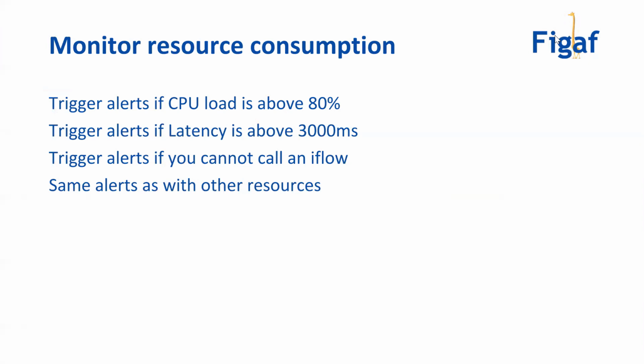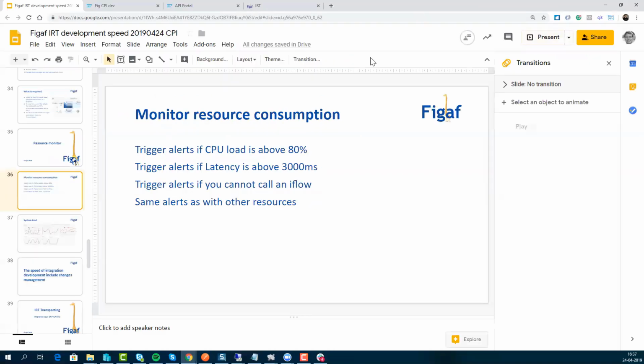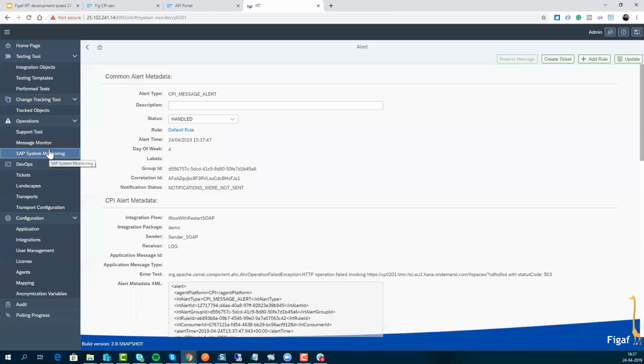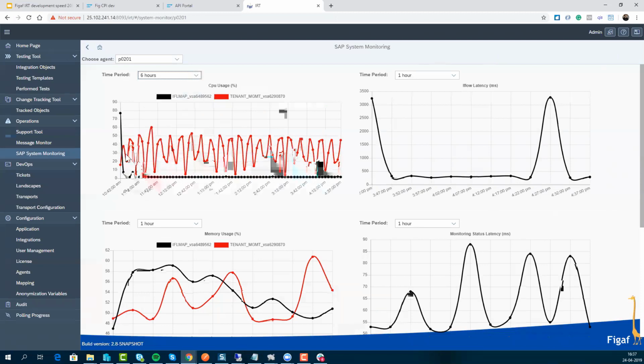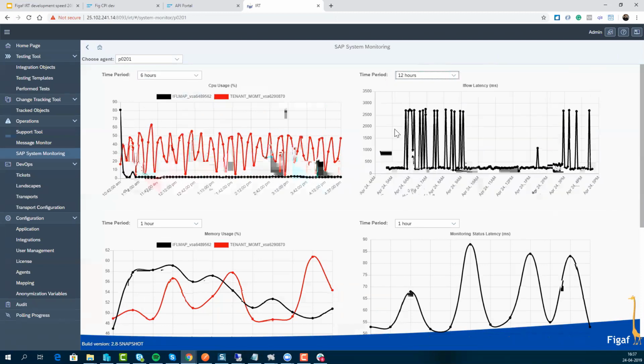And then you can actually trigger an alert that says, in the next release, okay, if the resource consumption of my CPI tenant is above 80% or something like that, we need to do something about it. Or if the latency becomes more than whatever, 3 milliseconds here or 3 seconds here, then